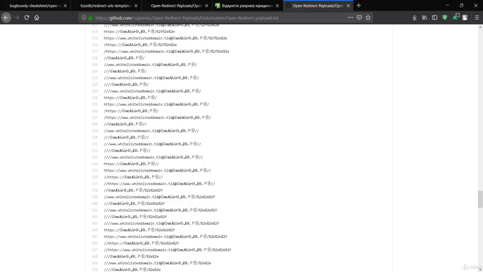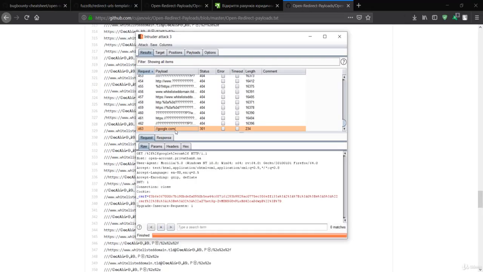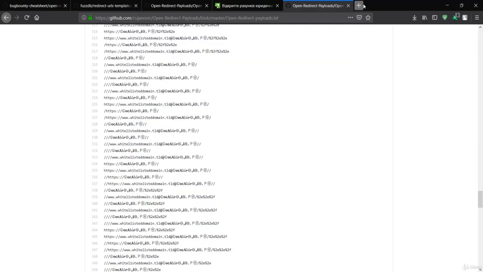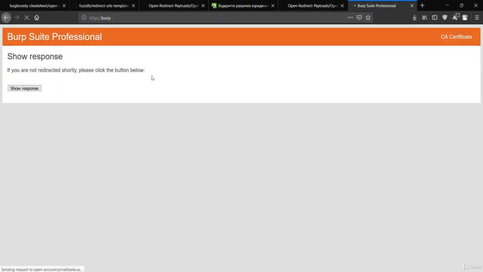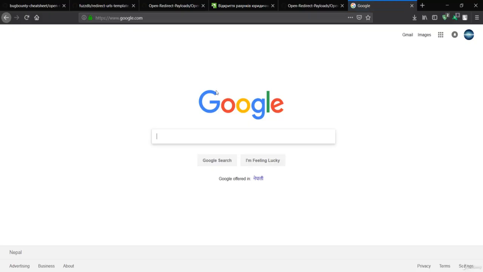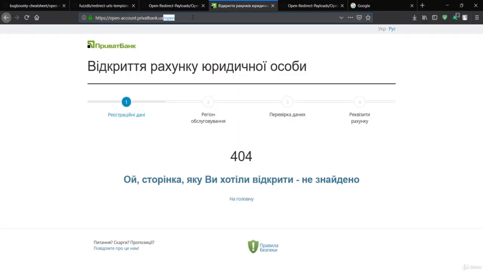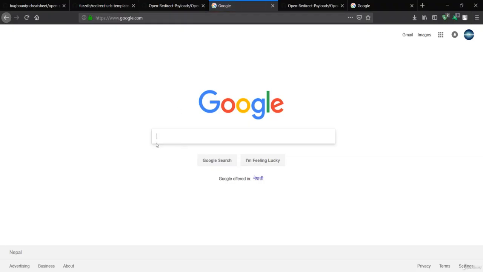So I'll quickly copy the same link one more time. It should be right here. I'll say show response in the browser, open the link, and paste and go. When I paste and refresh the page, you can see it has redirected to google.com. That means it was valid, and it is the custom payload that we just injected over here. You can also paste it manually over here, and you will see the same redirection.